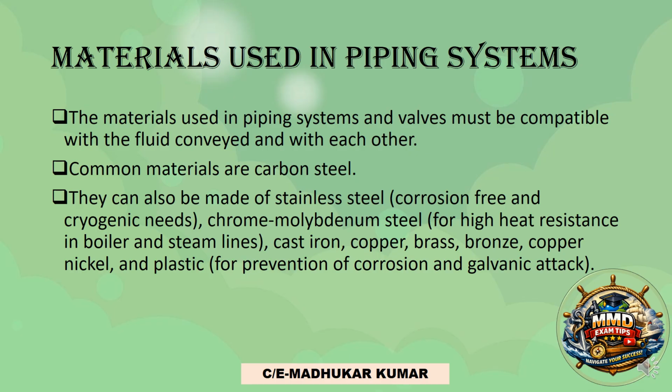Chrome molybdenum steel is for high heat resistance, basically in the boiler pipelines, feed water pipelines, and steam lines. Okay. Cast iron, copper, brass, bronze, copper-nickel, and sometimes plastics also, that is for pipelines inside the accommodation for the water supply and all. But generally, it is also metal, so as to prevent corrosion and galvanic attack. So these are some of the materials which are being utilized for the piping system. So we will see